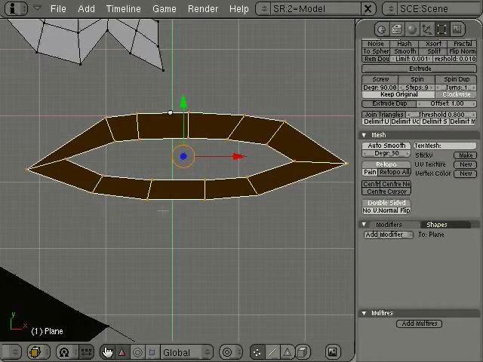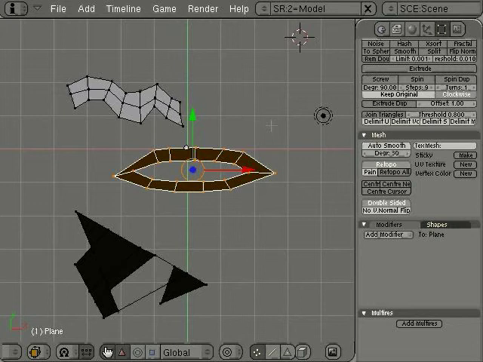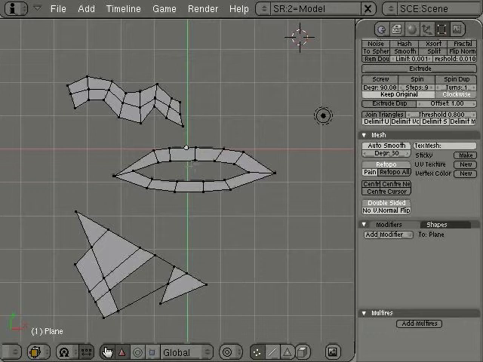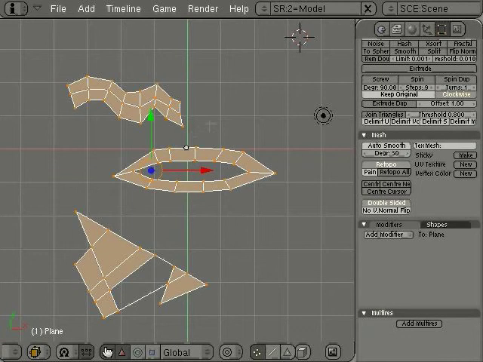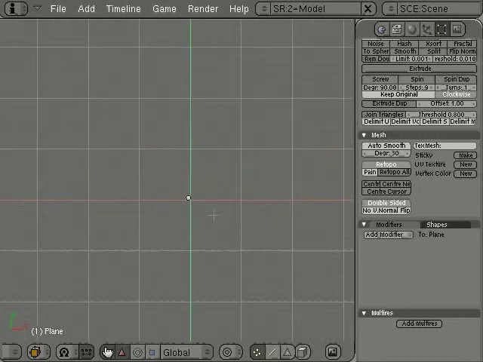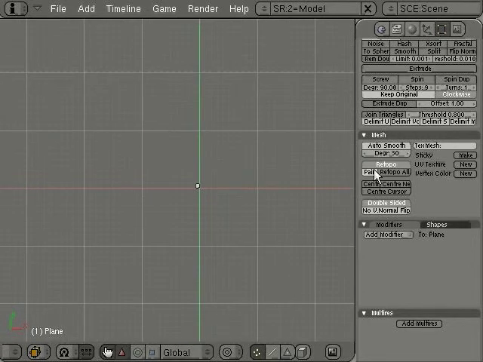So this is a great tool for doing all kinds of geometry editing. And you can create new geometry very easily and what have you. So I'm going to get rid of this for now. We're going to try to create some other geometry. Go back into Paint, go into the Pen tool,